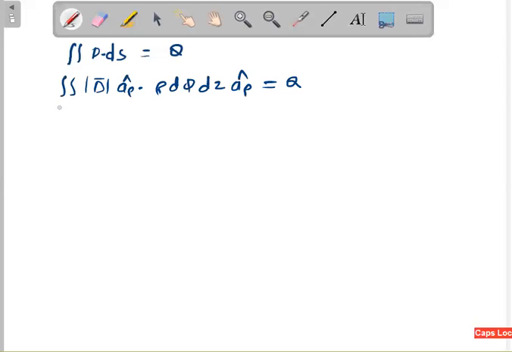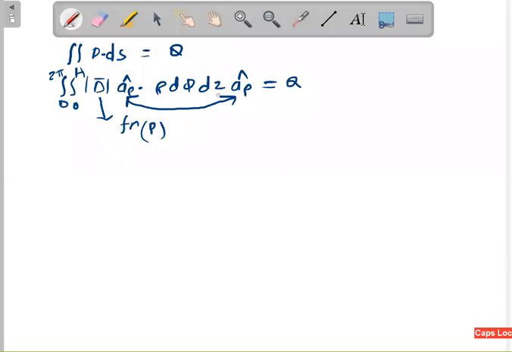For the lateral surface, rho is constant. What is variable? The angle phi is variable, and the height is variable. The phi variation is 0 to 2 pi. The height variation is 0 to some height. Here we have chosen a height of h, so I am putting h instead of z. The dot product of these two is 1. D bar, from your previous experience, is a function of only the radius, only rho. The variables here are phi and z.